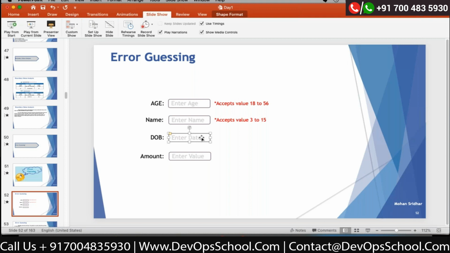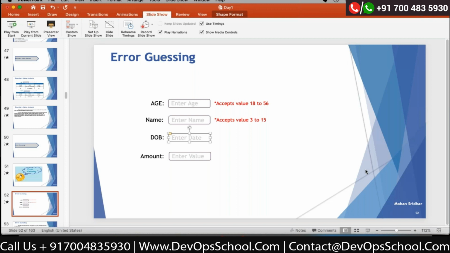Okay, DOB format. Yes, correct. In India, if the application is used in India, the date format is DDMMYYYY. But if the application is intended for use in the US, then the date format should be MMDDYYYY. So that format also.